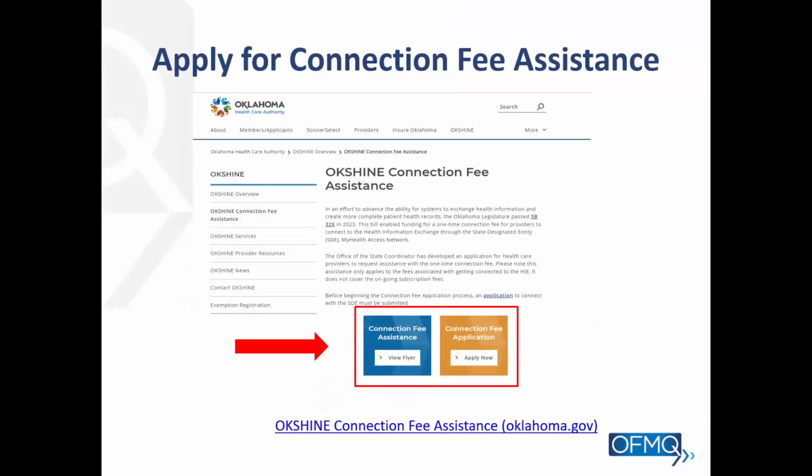How do you do that? So applying for the connection fee assistance program, you can just Google OK SHINE or go to the Oklahoma Healthcare Authority's page. And under OK SHINE, they'll have a lot of different information about health information exchange and the state designated entity. But you see this little piece down here. So the connection fee assistance, you can view a flyer that just gives you more information, or you can fill